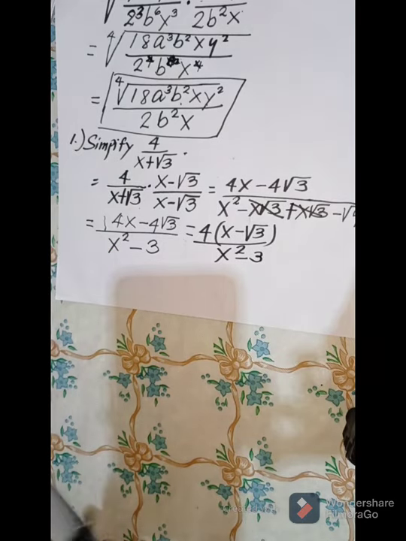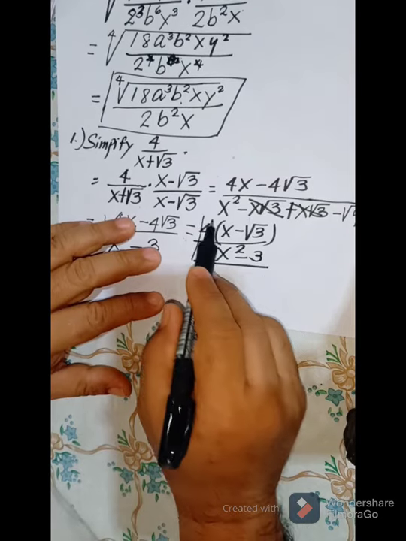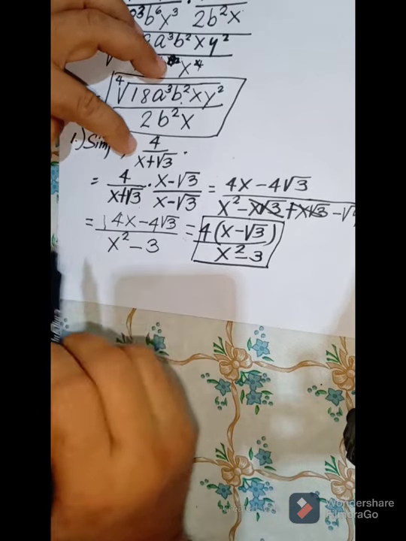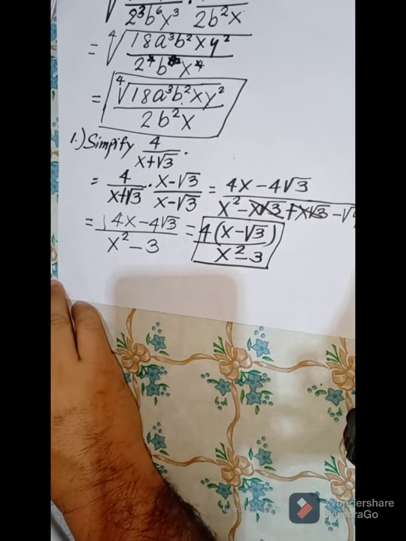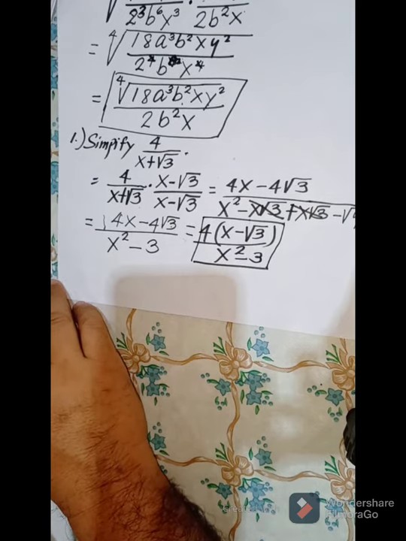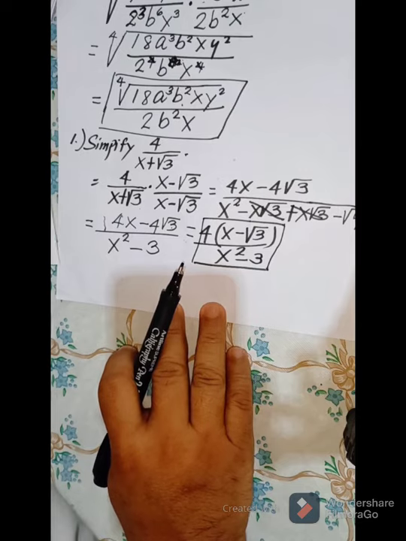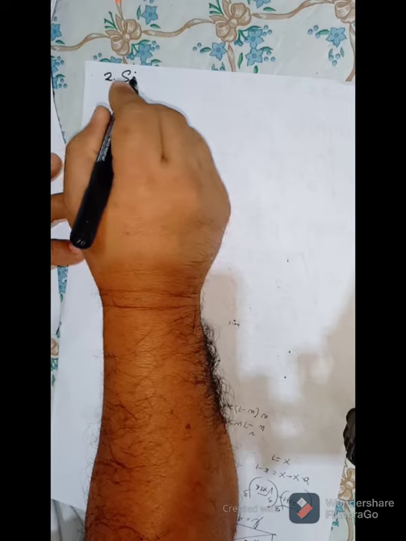Okay? So this expression is the simplest form of 4 over x plus square root of 3. Okay, so we go to example number 2. Example number 2 is simplify